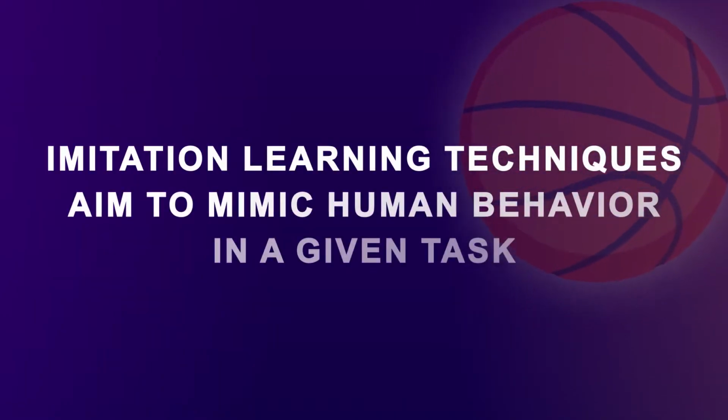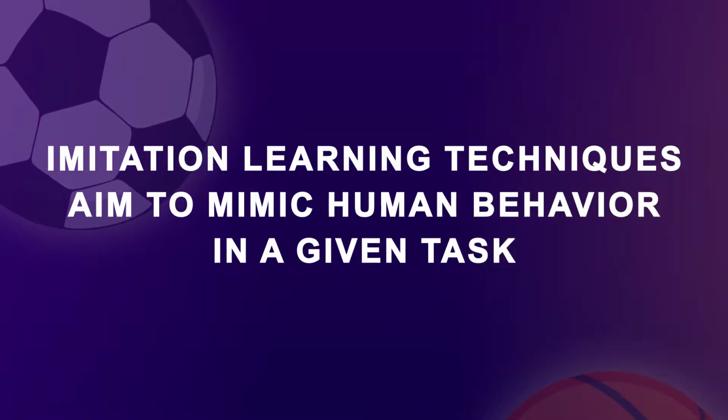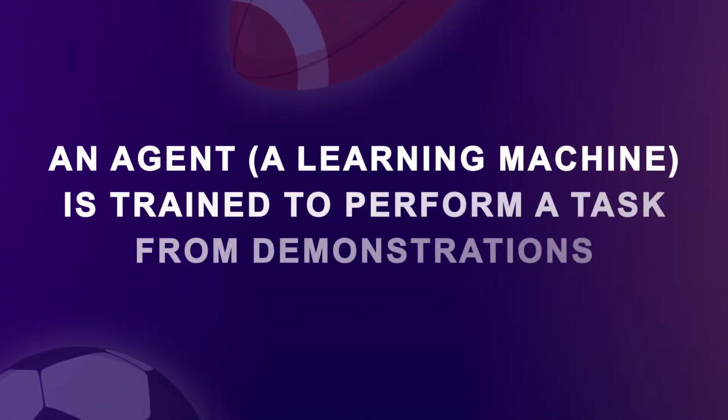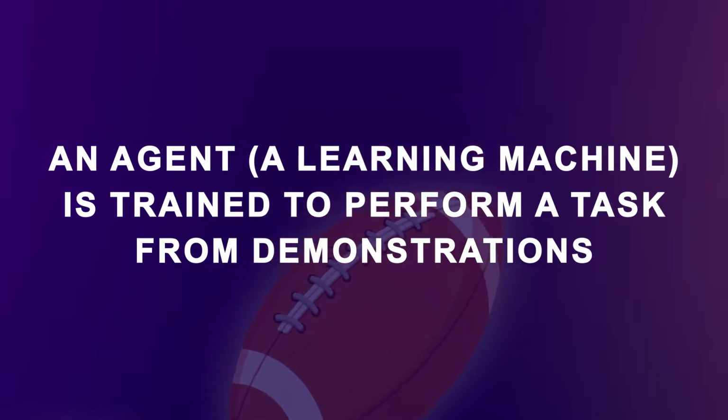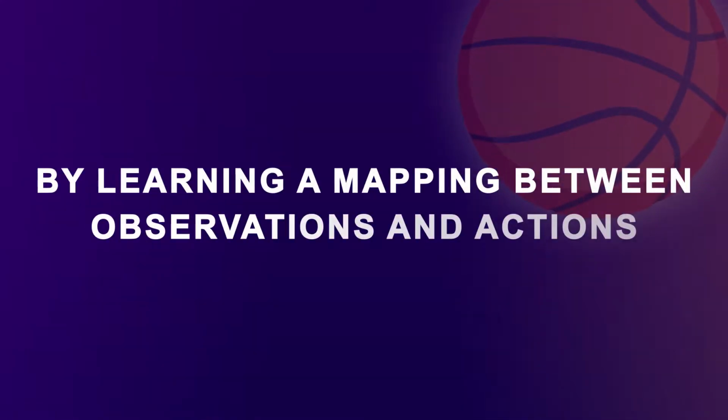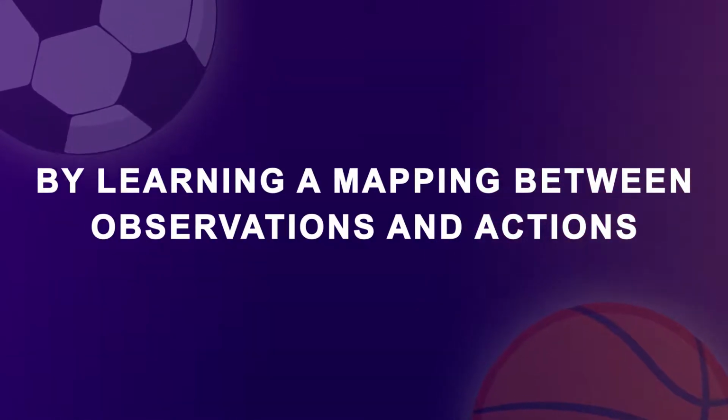Imitation learning techniques aim to mimic human behavior in a given task. An agent, or learning machine, is trained to perform a task from demonstrations by learning a mapping between observations and actions. The idea of teaching by imitation has been around for many years. However, the field is gaining attention recently due to advances in computing and sensing, as well as rising demand for intelligent applications. The paradigm of learning by imitation is gaining popularity because it facilitates teaching complex tasks with minimal expert